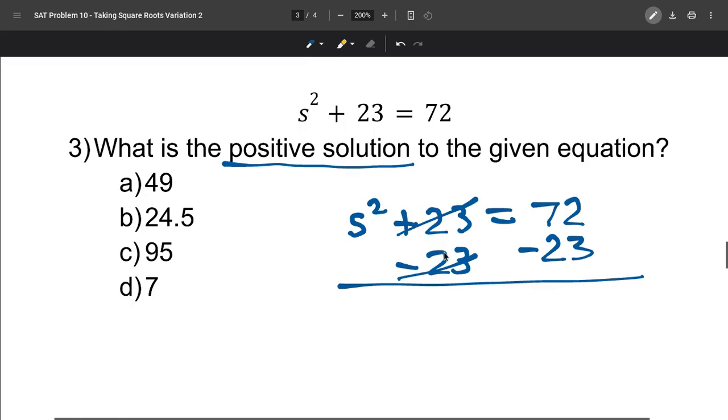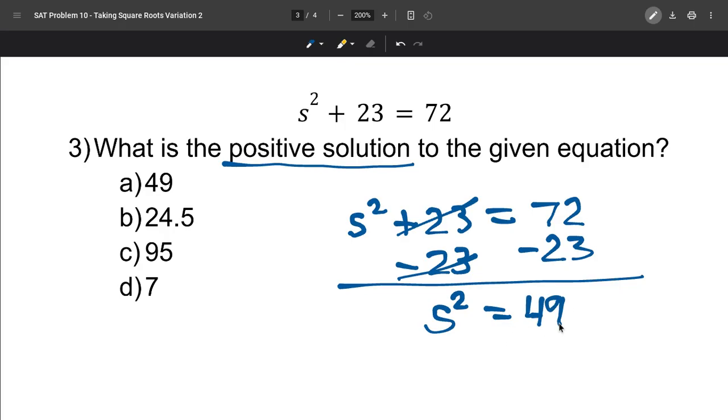Plus 23 minus 23 is 0, so they cancel out. We've got s squared equals 72 minus 23 is 49. So now we take the square root of both sides, and we get square root of s squared is s. Positive square root of 49 is 7. So again,